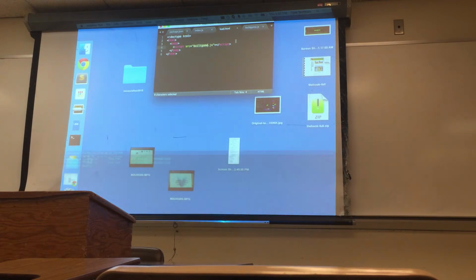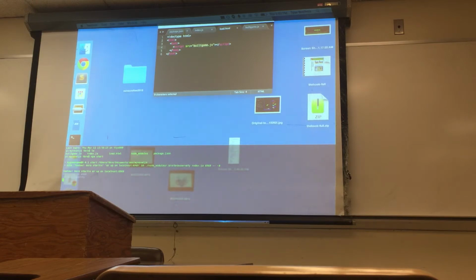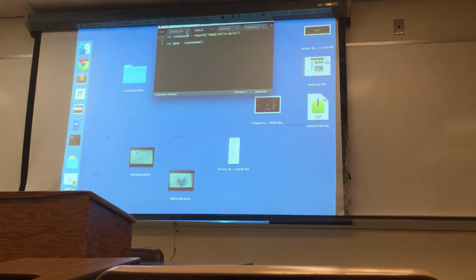And then you use this tool called Browserify. I've done a trick to make it so that I don't have to do Browserify myself. I have a script that will call Browserify for me. But Browserify basically goes and compiles your Voxel.js game. And so while I've only done this much, maybe 20 lines of code, 14 lines of code total,